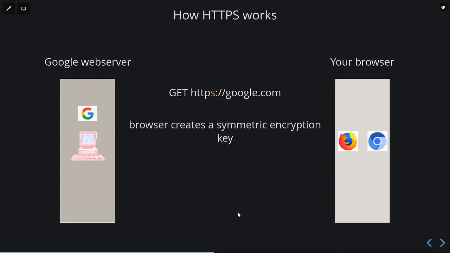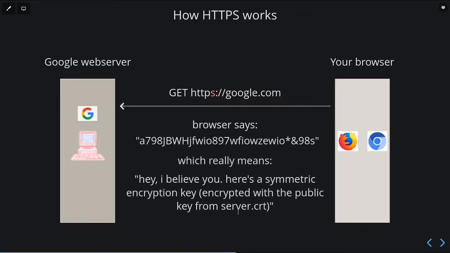So our next step is in our browser, we're going to create a symmetric encryption key, not an asymmetric. It's not a public-private key pair. It's just a single symmetric key. And we're going to send it back to the web server. But we're not just going to send it in plain text, because then everybody would know what our encryption key is, and that's not good. So we're going to encrypt our symmetric encryption key with the server's SSL certificate. Because remember, the server's SSL certificate is a public key. So we encrypt our symmetric encryption key that we just made with a public key that belongs to the Google